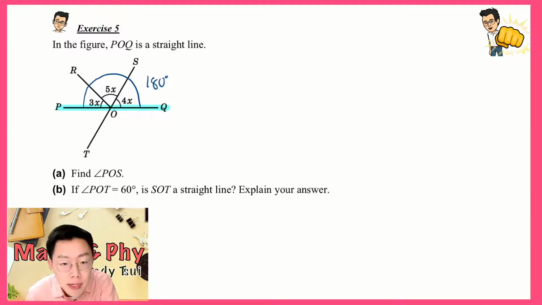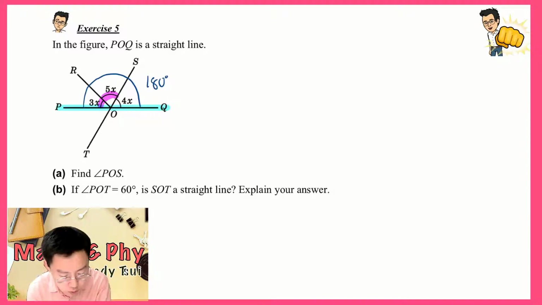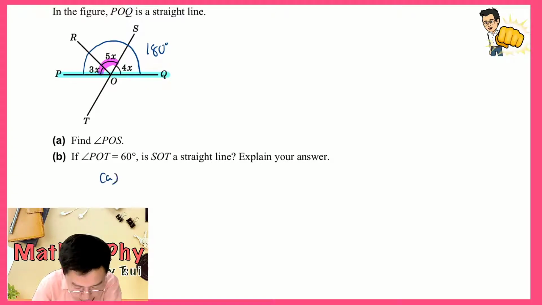For part A, it asks you to find angle POS. POS means this one. And you know that POS should be equal to 3x plus 5x. The question is, we do not know the value of x, so we try to calculate x. First of all, we can use the adjacent angles on a straight line to calculate x, and we write down for part A: 3x plus 5x plus 4x equals